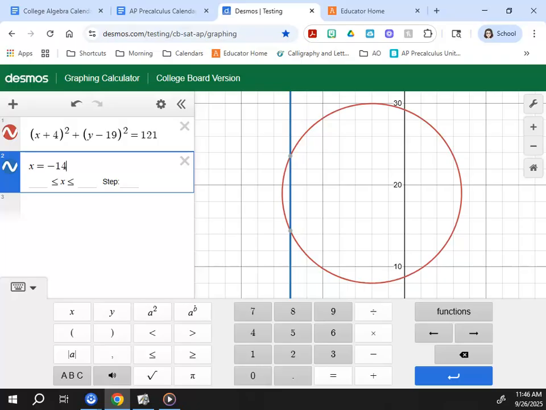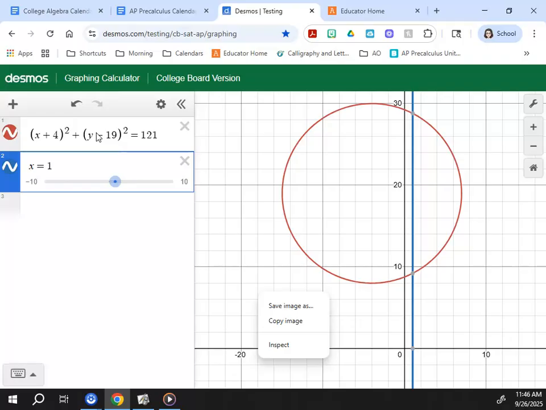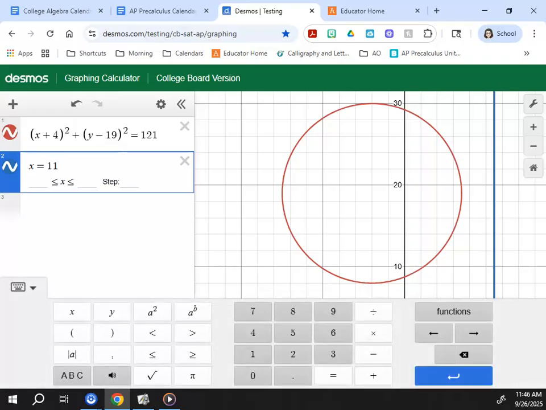So, do you understand how to use Desmos to help you with these? Yes? And if you try the other ones, if we used 11, because I know why you liked 11, but I'll tell you why in just a second. Oh, you got 11, and then 19 was way out there, right? But look,